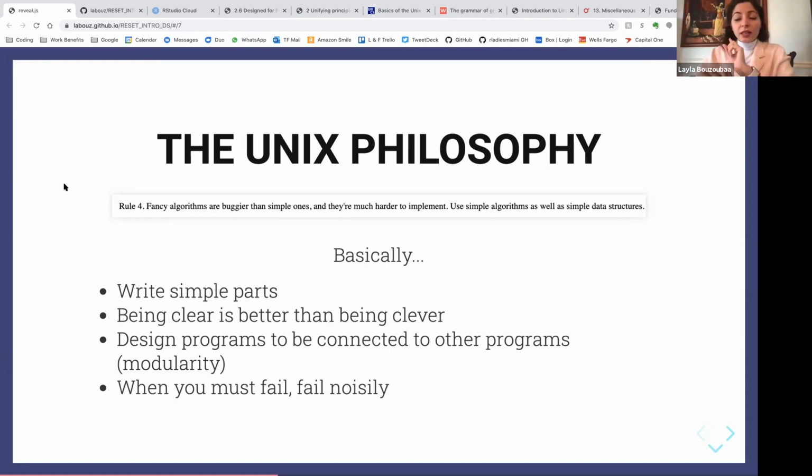Write a function that does one thing really well, write multiple functions that each only do one thing and do them really well, and call them so that you don't have to keep writing the same lines of code. And then when you must fail, make sure you fail noisily so that you know something is wrong,